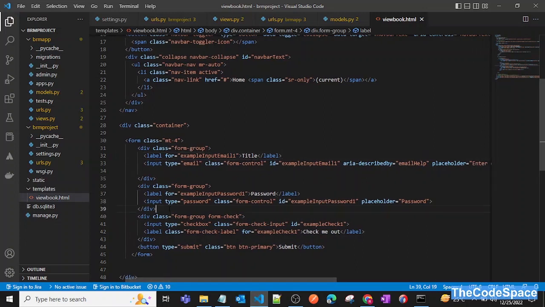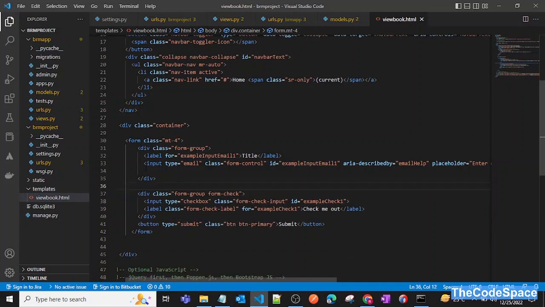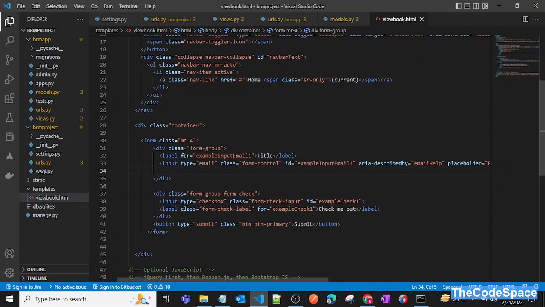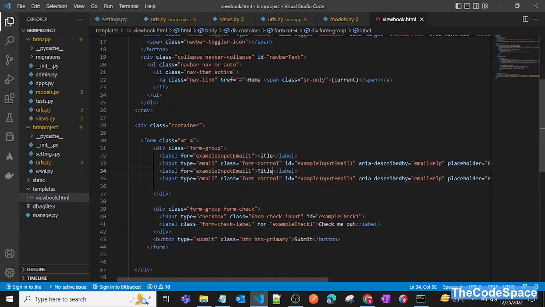I'll remove this field as of now, and I will copy this field and paste that field here,